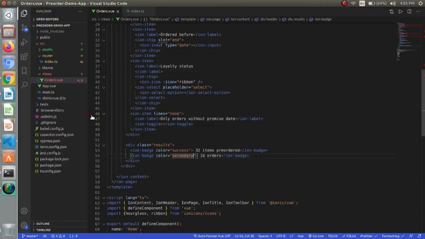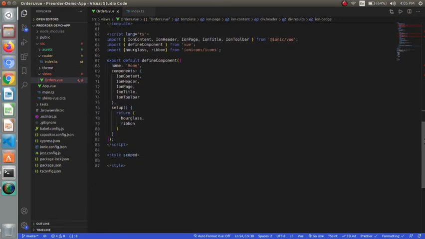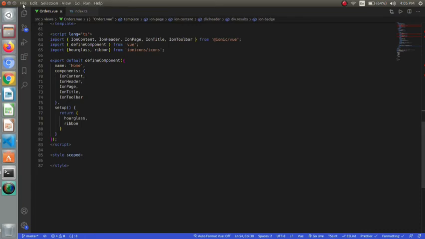Success and secondary are predefined colors of Ionic, so we can simply use them inside our component like this. All the three parts of header are completed, so now let's switch to its grid portion. We will do its styling in the style part.